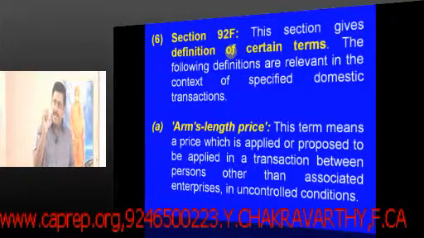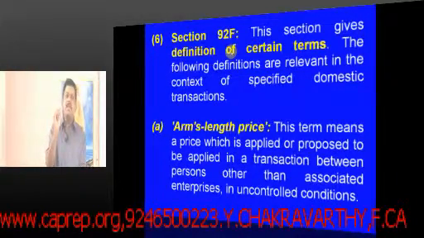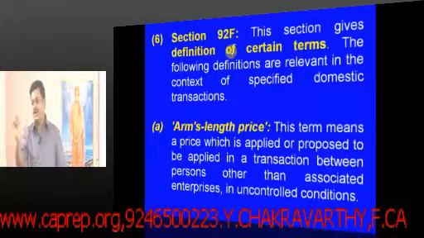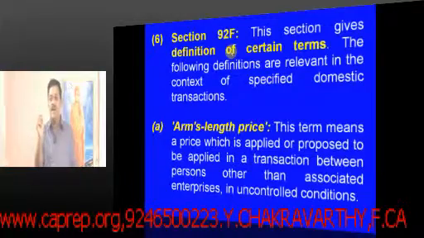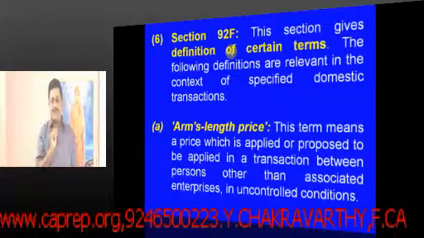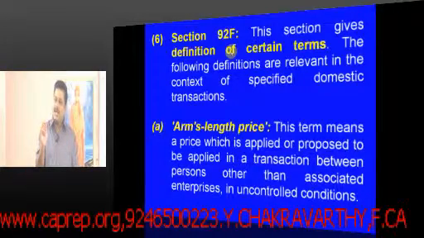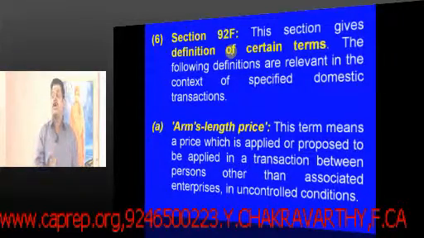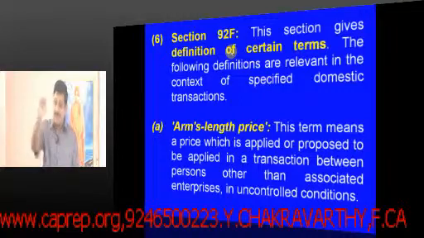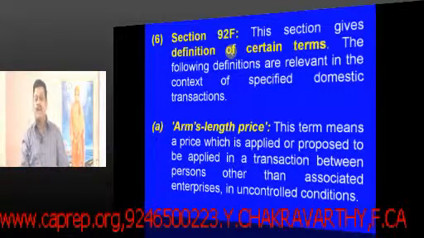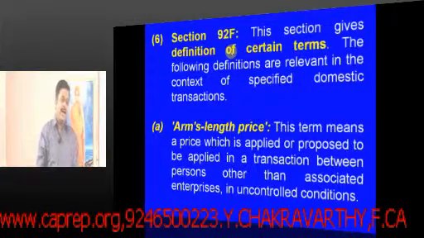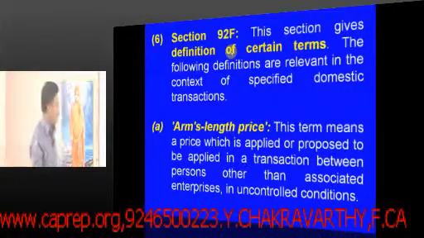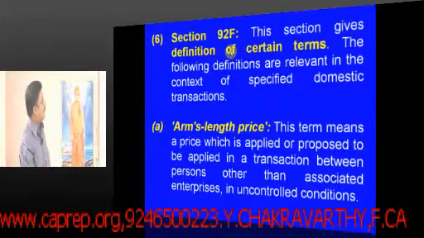But when they ask the definitions, friends, please remember, if you write the definition only generally, you are not going to get the marks. So you have to be necessarily perfect with those definitions. More particularly when some definition has been introduced or inserted or amended, those definitions are bound to come for the intermediates. Then friends, that is about arm's length price.